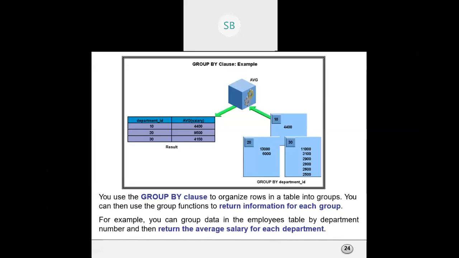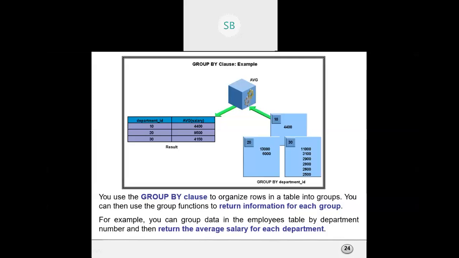If you want to arrange the rows into groups, you use the group by clause, and you can use it to return information for each group. For example, you can group data in the employees table by department number and then return the average of each department. First you group the employees based on their department IDs and find the average salaries of those departments. Without using group by, it is not possible.